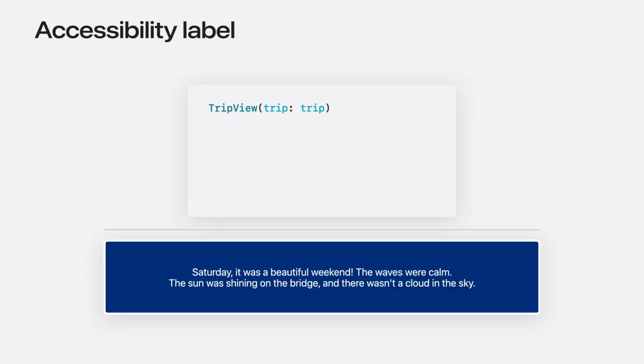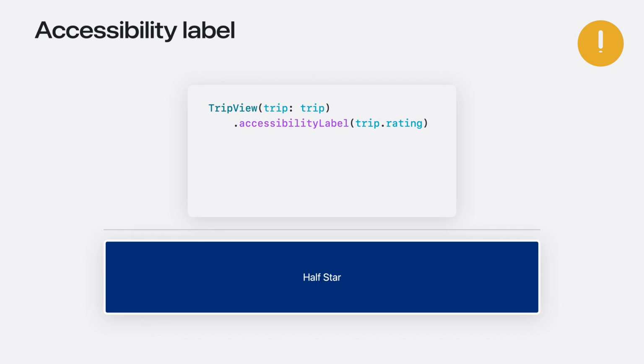I want to append the rating to my trip element's label to simplify finding it with VoiceOver. A regular label modifier would wipe out the great descriptive contents that SwiftUI already provides to the element, and because the rating only sometimes appears, I only want to include it on some messages.